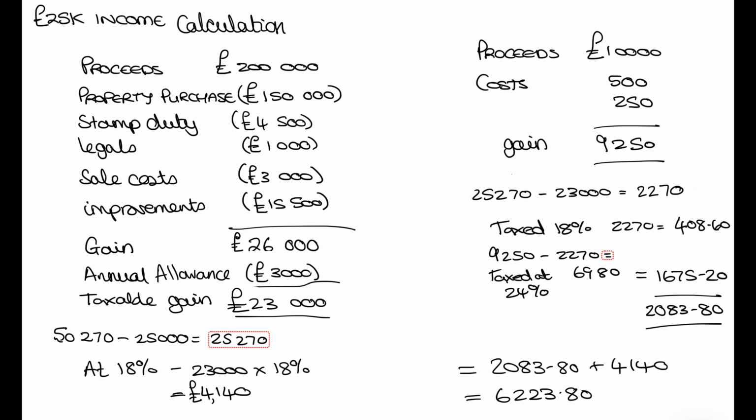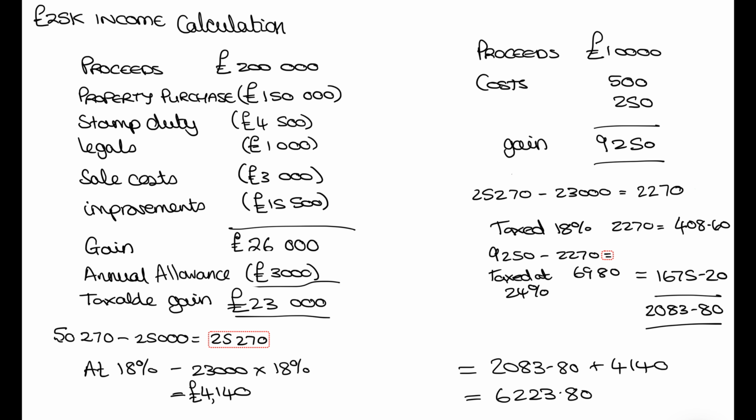We can also take off our stamp duty of $4,500, and our legals, sales costs, and improvements: $1,000 of legal costs, $3,000 of sales costs, and $15,500 of improvements, to give us a gain for tax purposes of